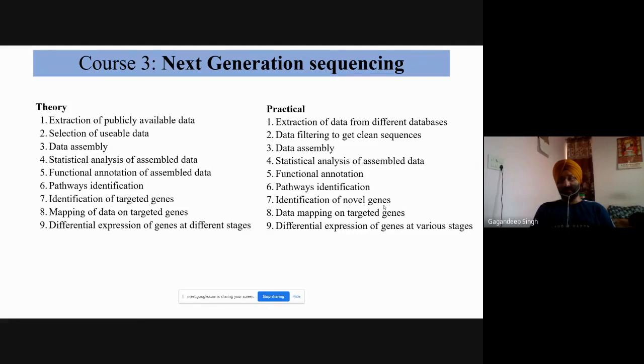I'll do practical analysis, and I'll also assign some data to the person who is willing to join this course. This is part of next generation sequencing. If anybody wants to put forward their own idea related to next generation sequencing, they are most welcome. And if you have any query related to this course, please ask me.